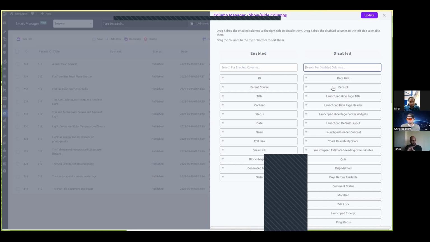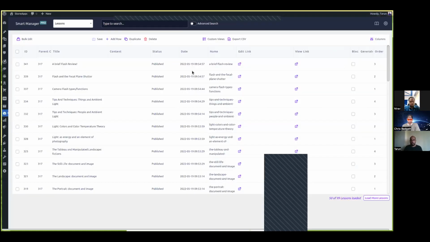So what you need to do simply is edit the same field for any one of the courses or lessons from your default WordPress standard interface. And once you have done that, there is one entry in the database, and automatically Smart Manager will look up that field and present it to you here along with the correct data type, and that's it. Then you will be able to show the field here, and you will be able to manage it without any issues, right? So this was one thing.